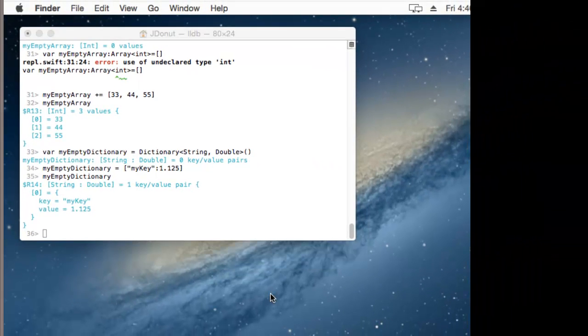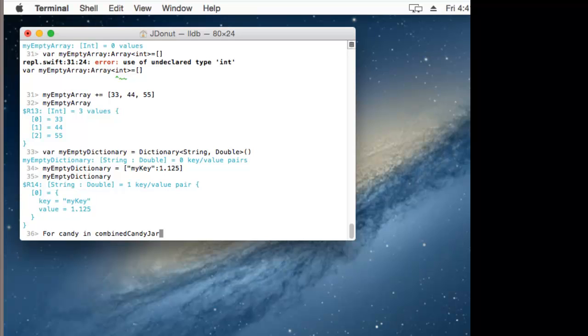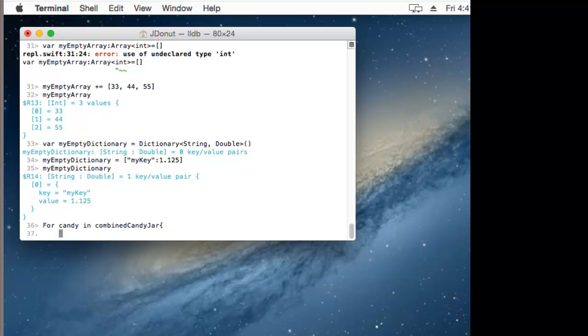So I'm going to do for candy in combinedCandyJar, curly brace, and then I want to println, and I want it to print I enjoy